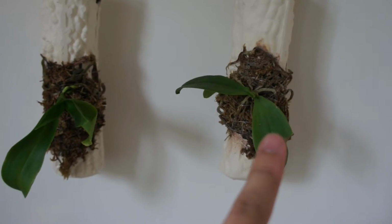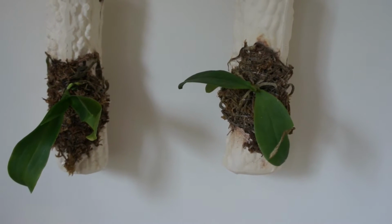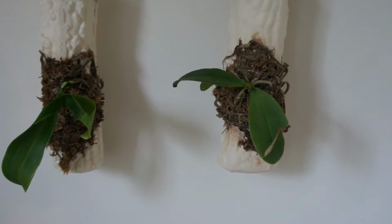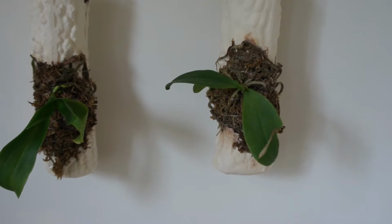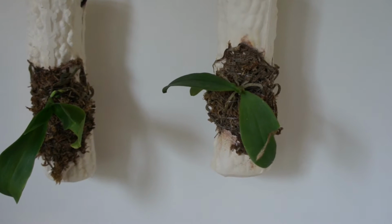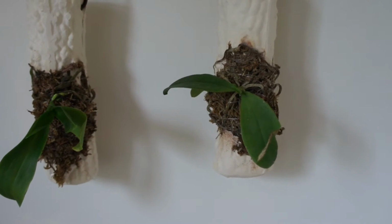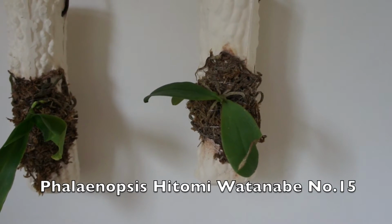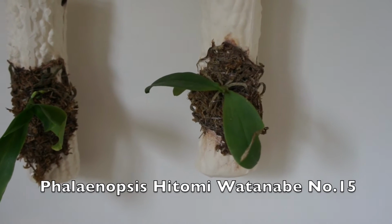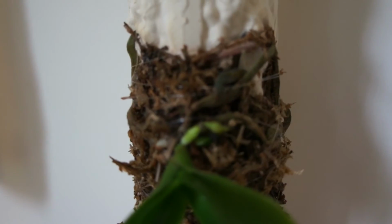This one is a Phalaenopsis, I forgot what it was. I need to put a tag on it before I forget, but I want to say number 15, Toby Watanabe or something like that. Put a link or a name on it, or an annotation, I should say, on the video. But this one is Phalaenopsis equestris, and it has put out a little